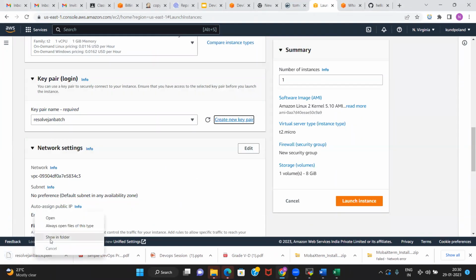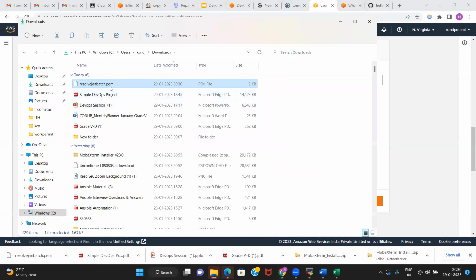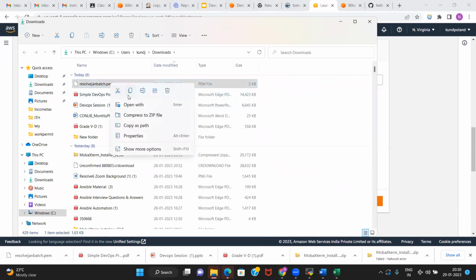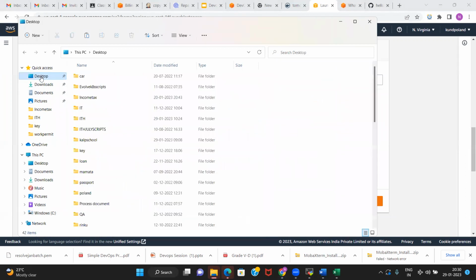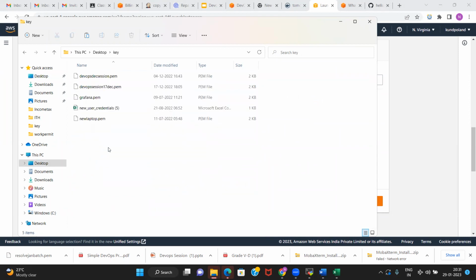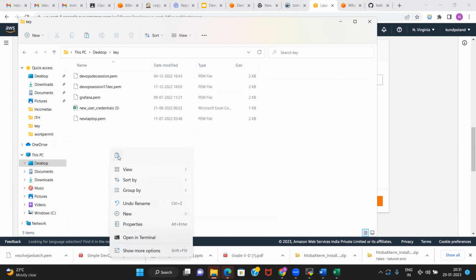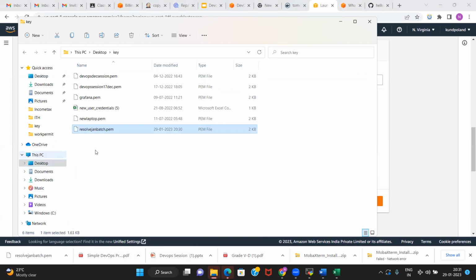So create key pair, and this is important. Now save it in a folder. Let us copy it and create a folder somewhere that you can remember, like I have done. I created a key folder and I'm putting all the keys that I'm using there. Create a key folder somewhere that you can easily find, because you will be needing this path regularly.